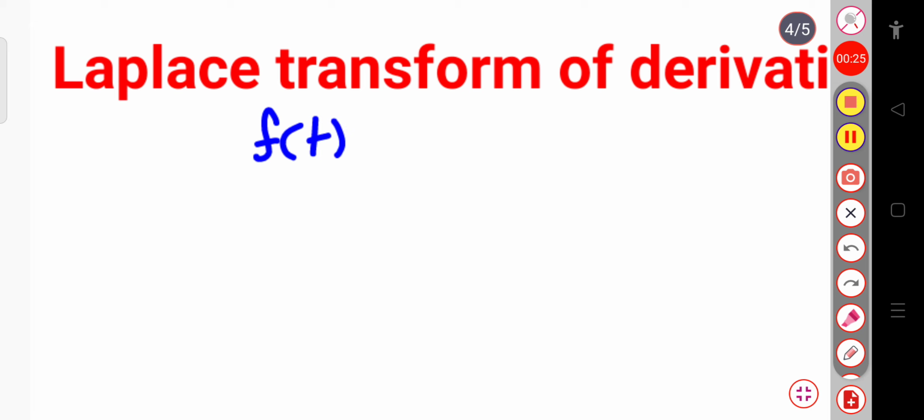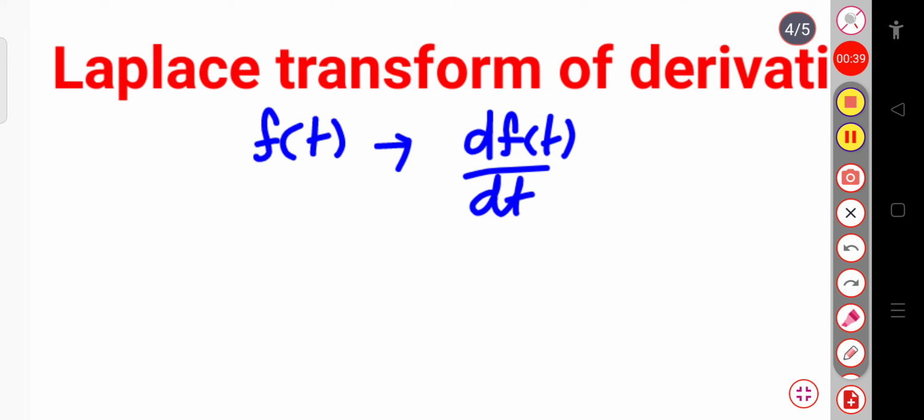So for this function f of t, I can write the derivative of this function with respect to t, that is df of t divided by dt. This is the derivative of this function. Now if I take the Laplace transform of this derivative, for this Laplace transform I have to write L. This will be L of the function that we want to take the transform of, that is df of t divided by dt,